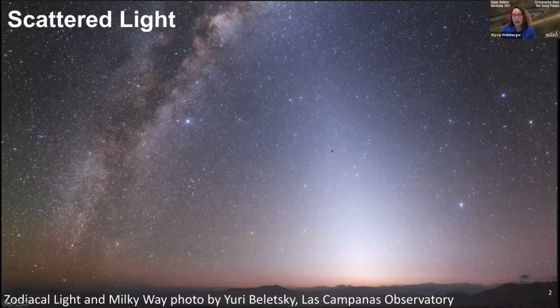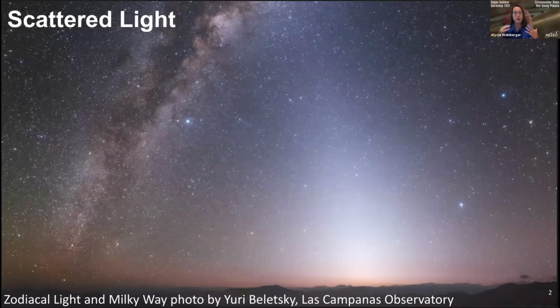Dust grains scatter light most efficiently at wavelengths that are about their own size. So if we're observing scattered light at visible or near infrared wavelengths, we're mainly looking at dust grains that are about a micron, maybe 10 microns in size. The good thing about observing scattered light is that dust grain scattering doesn't depend on the temperature of the grains. So you can see grains wherever they are as long as there's enough starlight. Of course, the starlight falls off as 1 over the distance squared as you move away from the star.